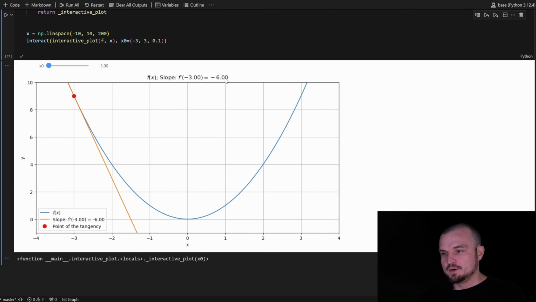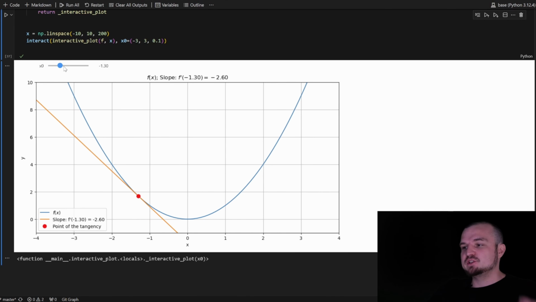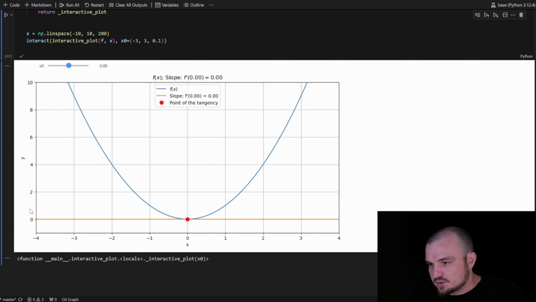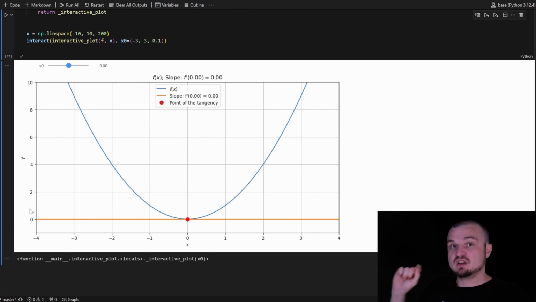Before this extremum point, we have a strictly negative sign, and the slope at the point -3 equals -6. But as you go towards the extremum at the point 0, 0, you can see that our tangent line is less and less steep, and the slope value in absolute terms gets smaller with every step towards 0. Then it's completely horizontal. We have no change of the function at that point.